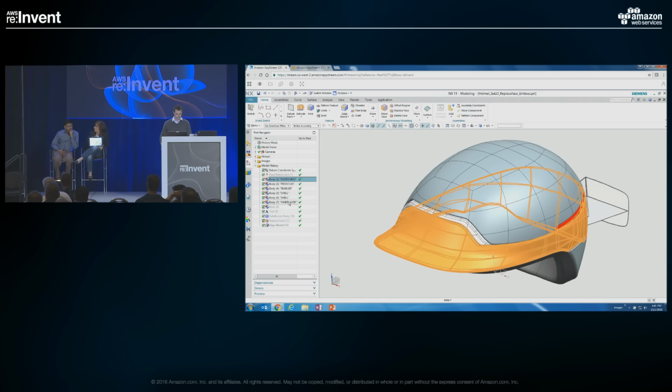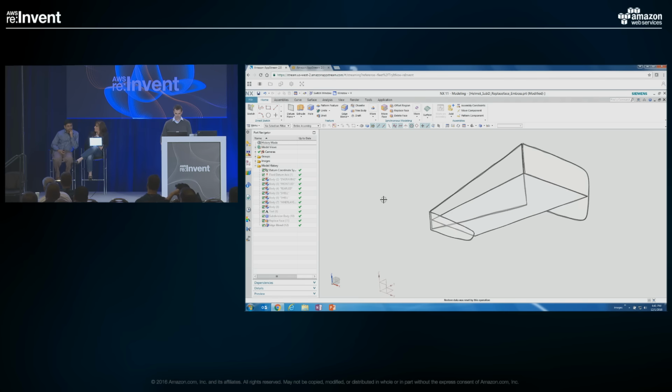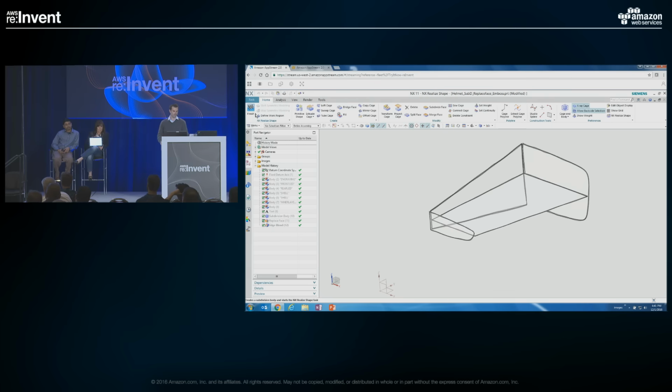So I'm going to start by hiding the helmet here, zooming in. And what I've got here is just a freehand sketch. Clearly it's got some jagged lines. Someone just sketched out maybe an idea of what those holes might look like. I'm just going to use that as a reference. And then from there, I'm going to enter the NX Realize Shape